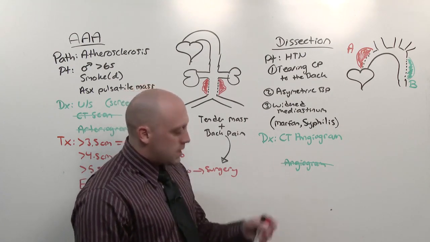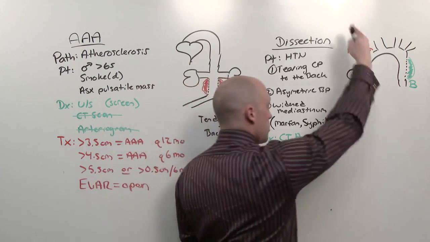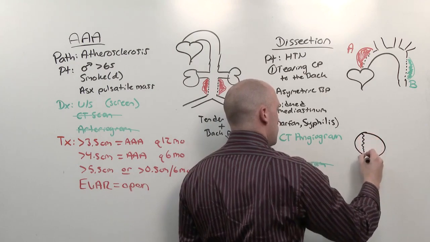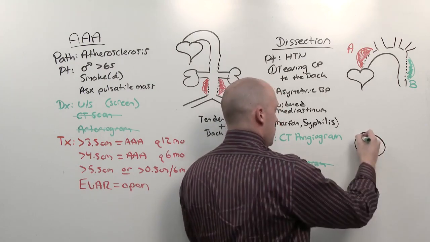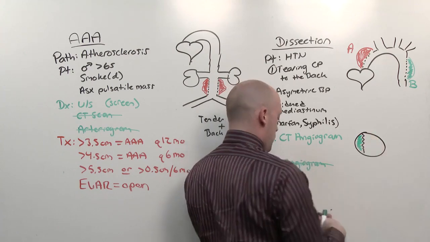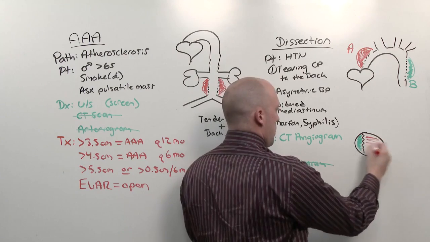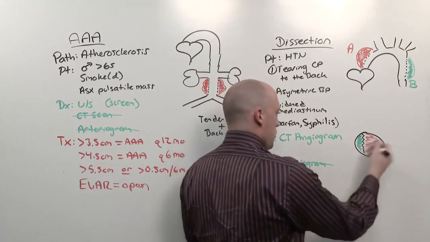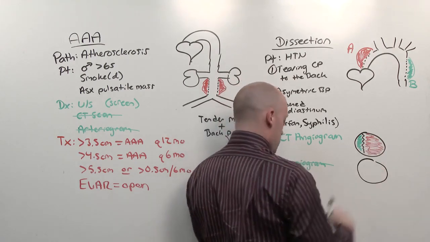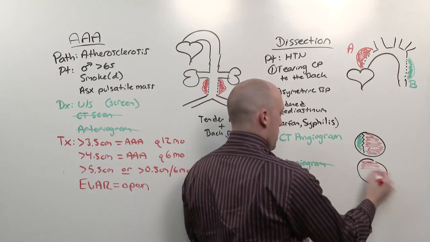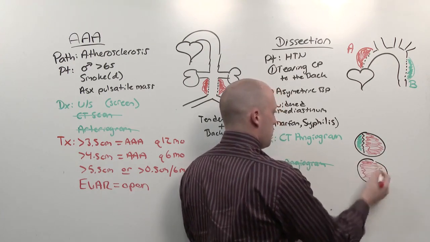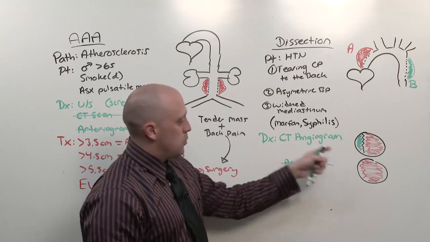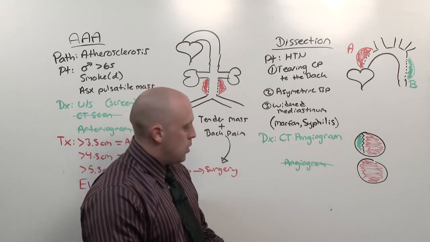The CT angiogram is the test of choice because what you're doing is, if you take a cross-section through here, looking for the false lumen. Where you have hematoma here and regular blood here. You see the false lumen, you have your diagnosis. What it's supposed to look like is just that. Right? No green portion whatsoever. So if you get the false lumen on CT angiogram, the diagnosis is done,